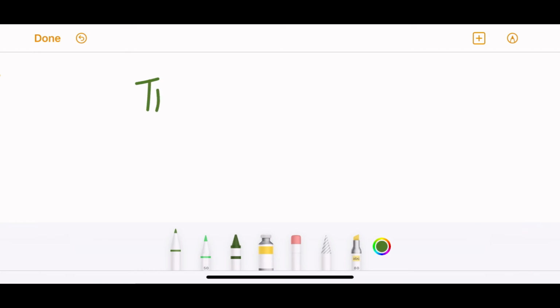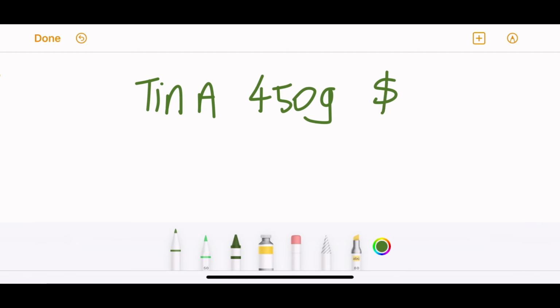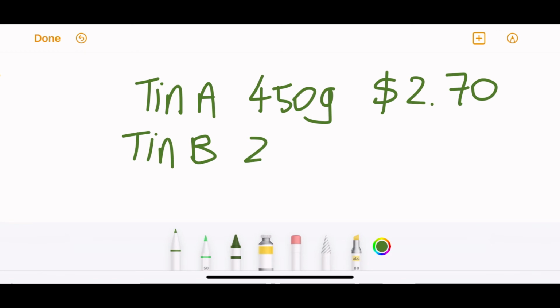Tin A with pineapples has 450 grams of pineapples, and if I want to buy tin A, I have to pay $2.7, right? If I want to buy tin B, it contains 240 grams of pineapples, and I have to pay